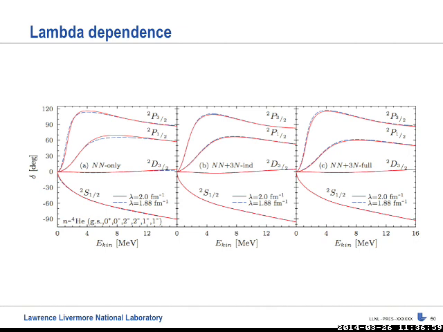Here is again the N alpha phase shifts for 2 lambda values. They are unfortunately quite close, 2.8 and 2.0 and 1.88. But okay, here is then an NN-only calculation. You see just a small difference. And then when you put the induced, it decreases. Okay, one could expect that. And then when you include the initial trinucleon force, there is a tiny bit more of a difference again. But the truth of it is that,